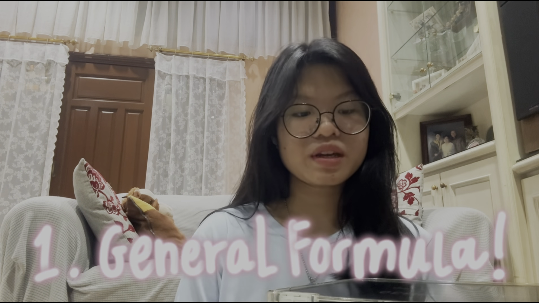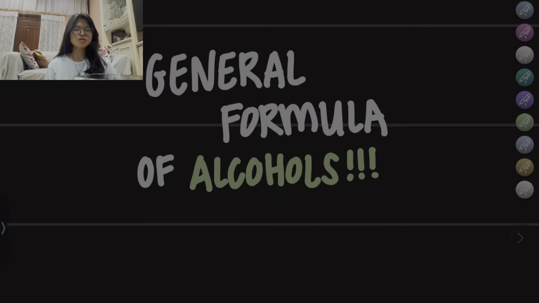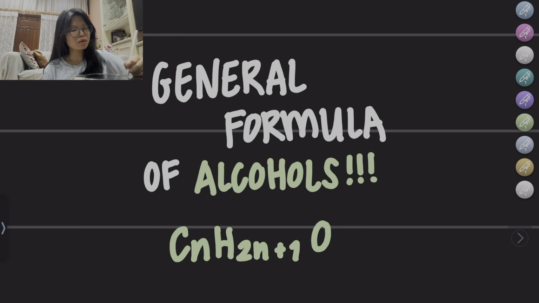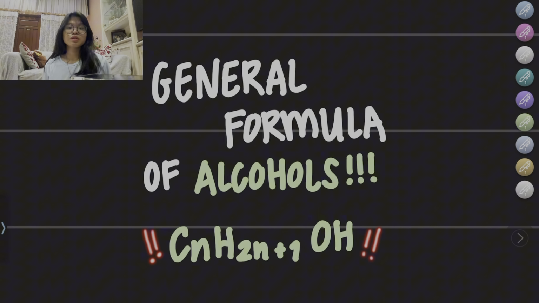Hello everyone, my name is Charissa Hazel, and just like what my friend Aileen has mentioned, today I will be explaining the general formula of alcohols. The general formula of alcohols is CnH2n+1OH. So it consists of carbon, hydrogen, as well as a hydroxide. All of the organic chemistry compounds that fall under the same group as alcohol will have the same general formula, and they will have a specific name corresponding to the type of alcohol they are.